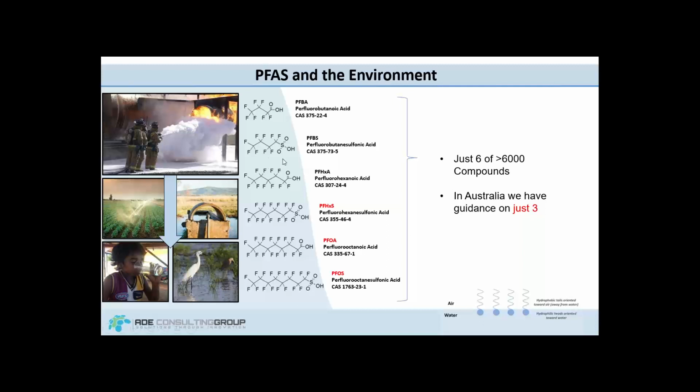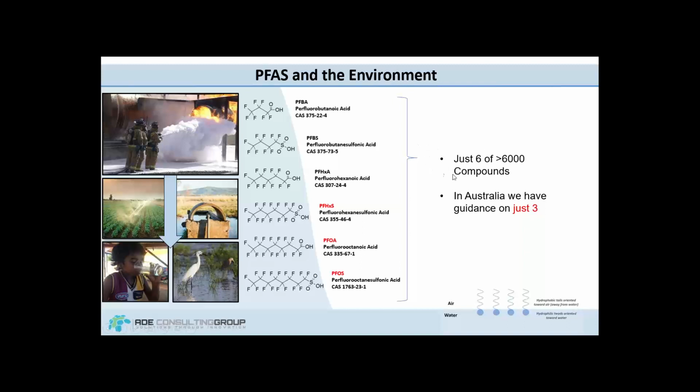So just moving on here quickly, PFAS in the environment. I'm primarily going to refer to these compounds that I mentioned earlier, just for the sake of simplicity. So PFBA, PFBS, and PFHxA constituting short chains, PFHxS, PFOA, and PFOS constituting the longer chains. I will note these are just 6 compounds over what I believe is a list fast approaching almost 7,000 compounds now. And there's just simply not time to cover all of these.